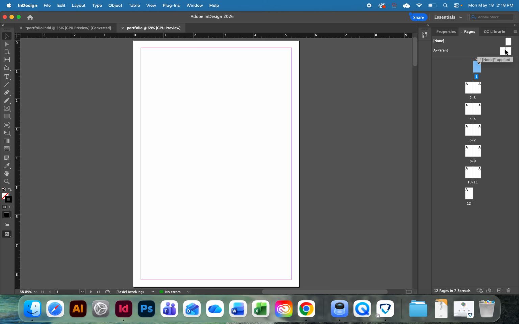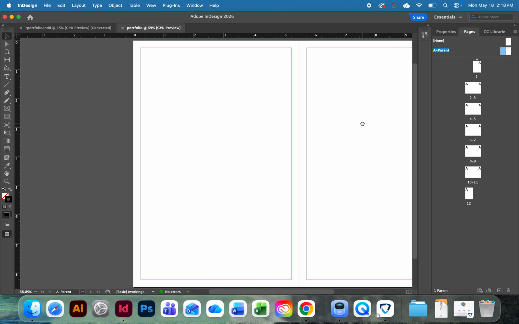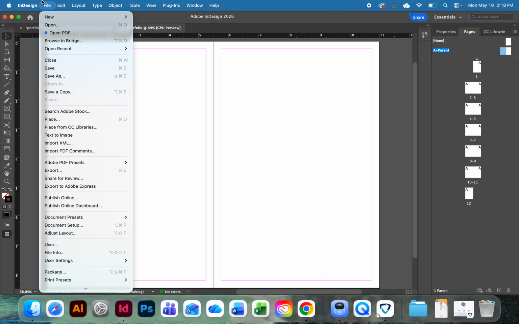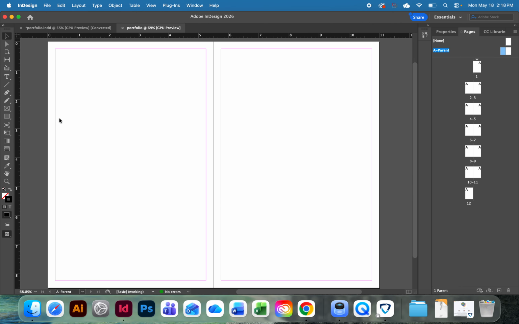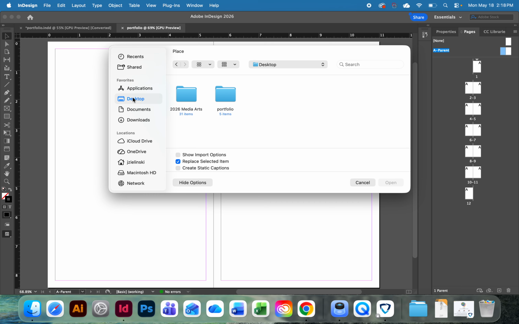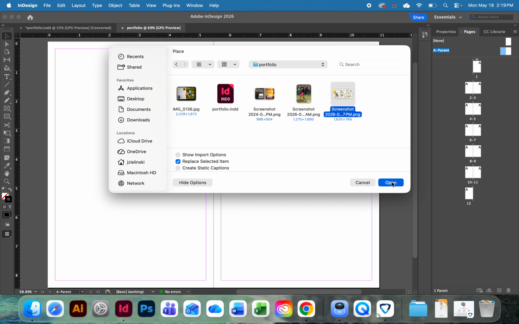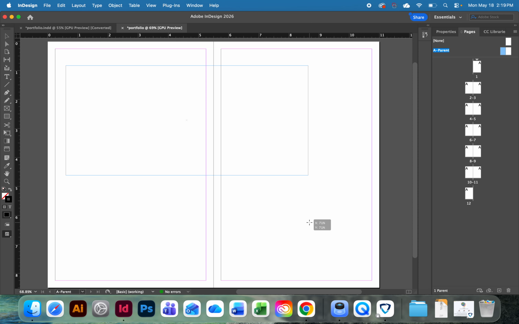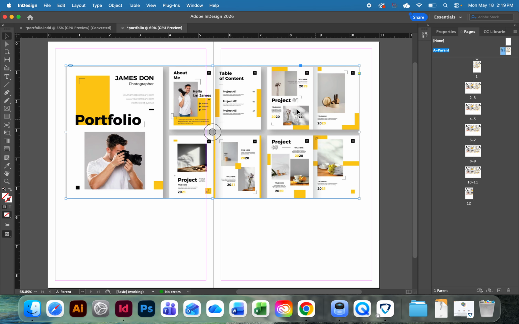I have my parent page. What I want to do is, instead of designing on page 1, I'm going to go up to parent page so I can see this whole spread. File, Place, find the screenshot that has the template that you found on the internet that we're going to copy. So right now I just have this screenshot, and I'm going to pick one of these layouts that work well